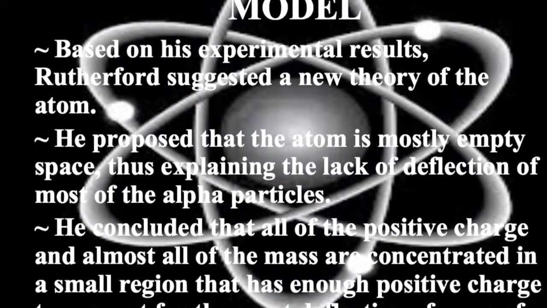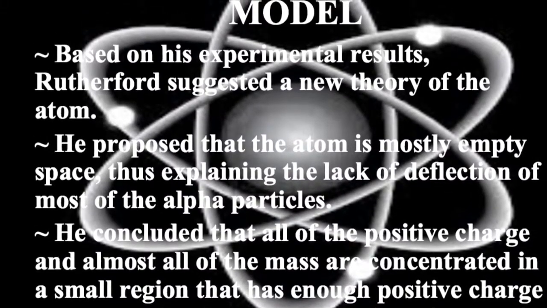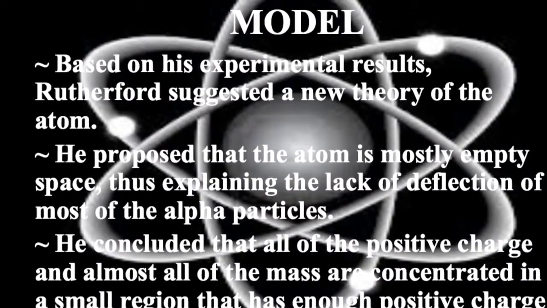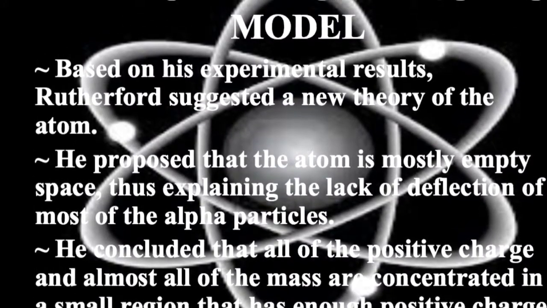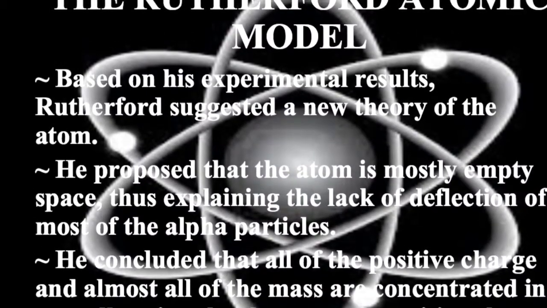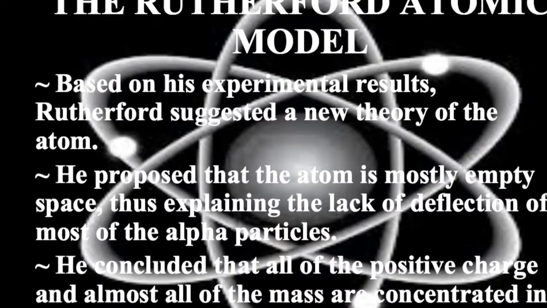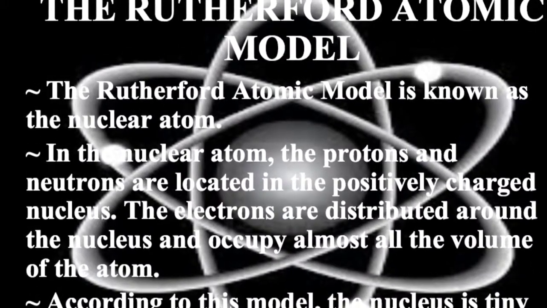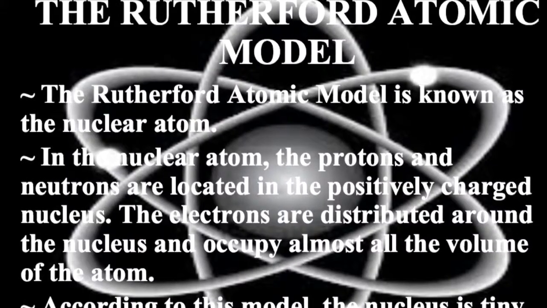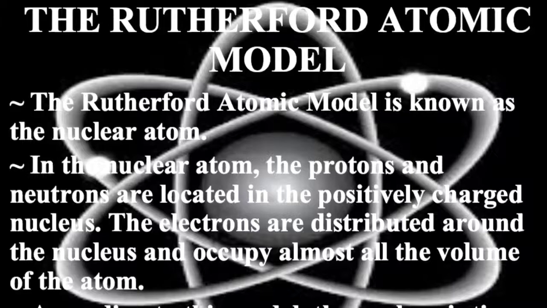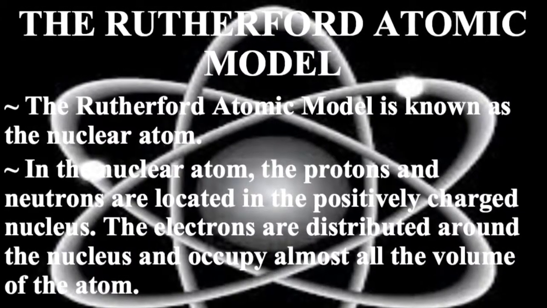He proposed that the atom is mostly empty space, thus explaining the lack of deflection of most of the alpha particles. He concluded that all of the positive charge and almost all of the mass are concentrated in a small region that has enough positive charge to account for the great deflection of some of the alpha particles. The Rutherford atomic model is known as the nuclear atom. In the nuclear atom, the protons and neutrons are located in the positively charged nucleus. The electrons are distributed around the nucleus and occupy almost all